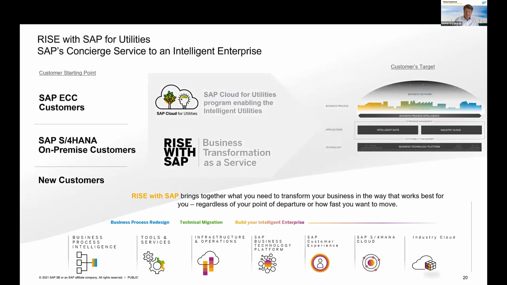Finally, to come a little bit to RISE. How does RISE now play into this? We already heard about RISE in various presentations, but of course, Cloud for Utilities is embedded in the RISE offering, because RISE is all about helping our customers to transform their business in the cloud. And of course, Cloud for Utilities, bringing together elements of the intelligence suite and industry cloud components, is a pillar of that strategy.